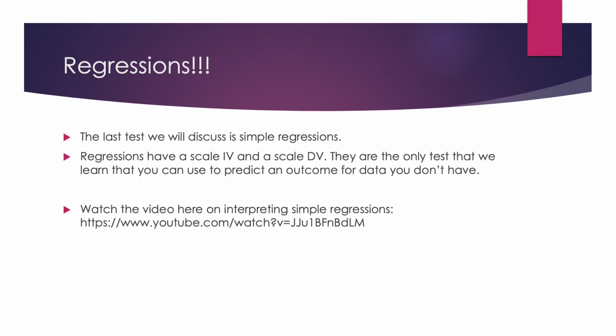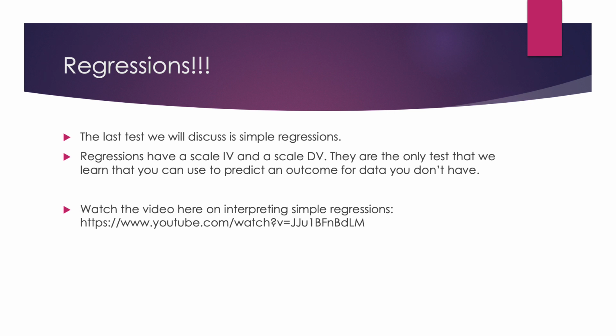The last test that we'll learn is simple regressions, and we need to distinguish simple regressions from multiple regressions or complex regressions. Multiple and complex regressions are the same thing. In simple regressions, we have one scale independent variable, and we're looking at its effects on one scale dependent variable. In multiple or complex regressions, we have many independent variables, and we're looking at all of their combined effects on one single dependent variable. So all we do in this class is simple regressions, but you need to know that